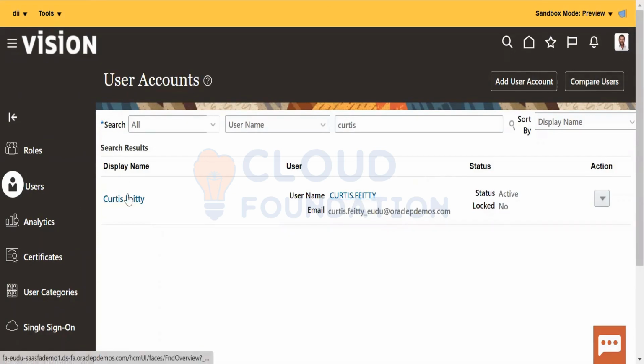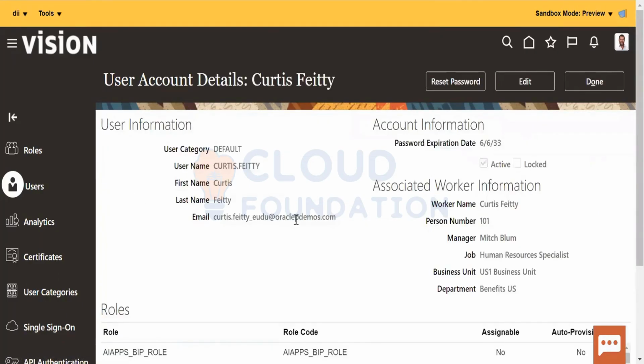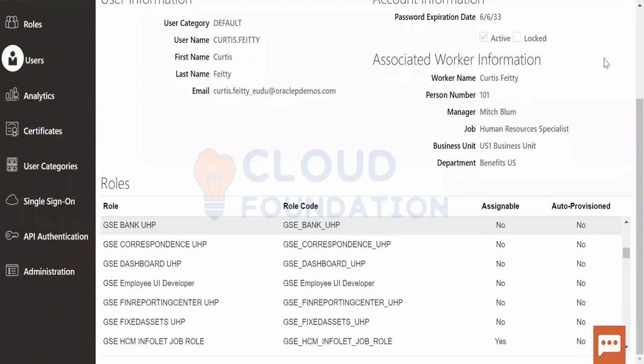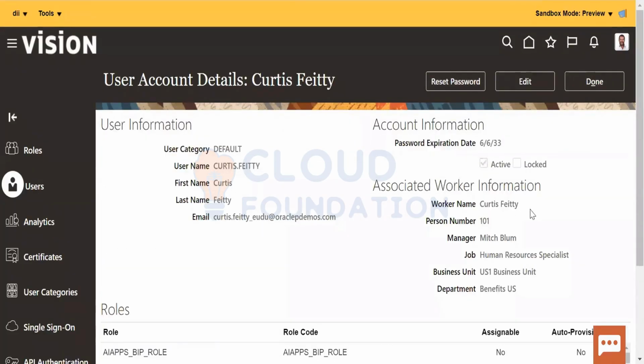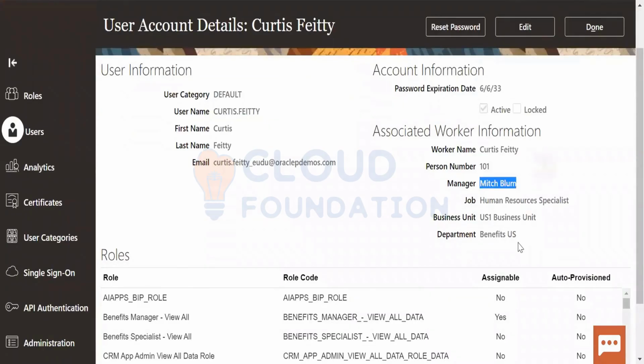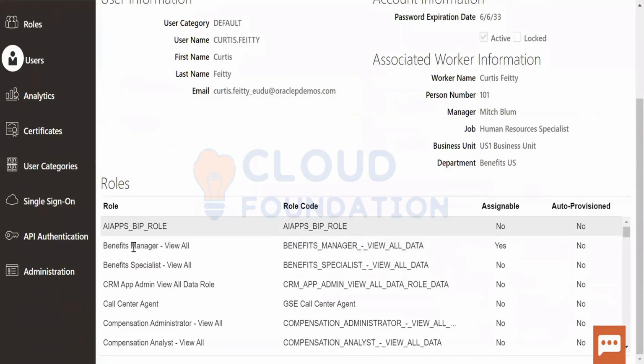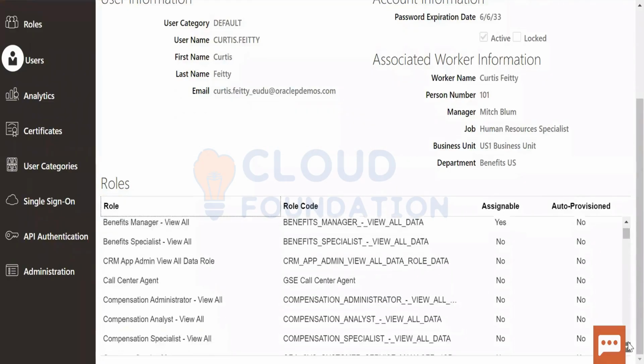Click on this. The manager name is Mitch Plum, and these are the roles that we have. You can see benefits manager. This is a role that he has.